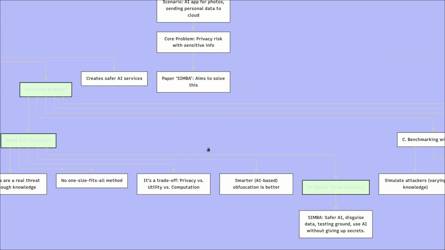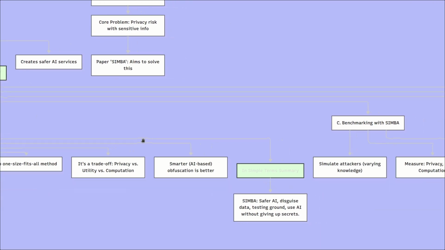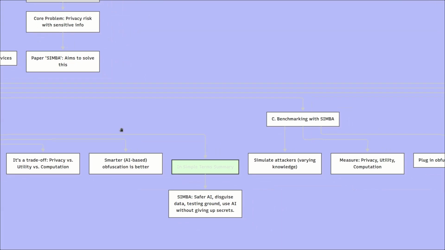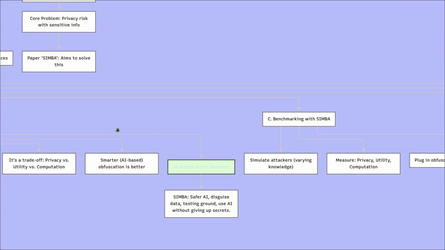So, what is the background for machine learning and privacy? Machine learning involves training models to make predictions based on data, as we all know. Privacy concerns in machine learning ensure that sensitive information such as a person's identity or medical data cannot be extracted from the shared data. Traditional methods like encryption are computationally heavy for large data sets. So the paper explores obfuscation, which modifies data to hide sensitive parts while keeping it useful for the model.